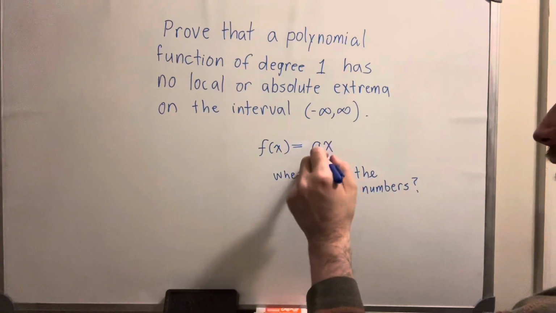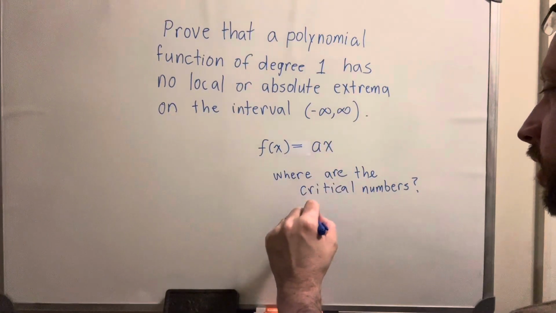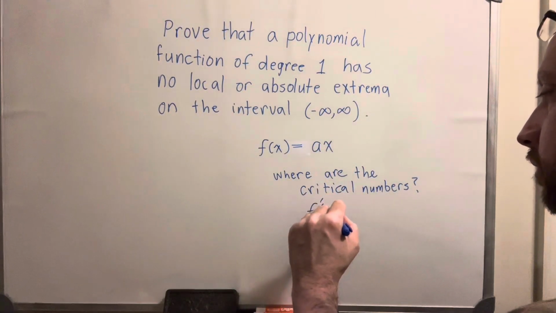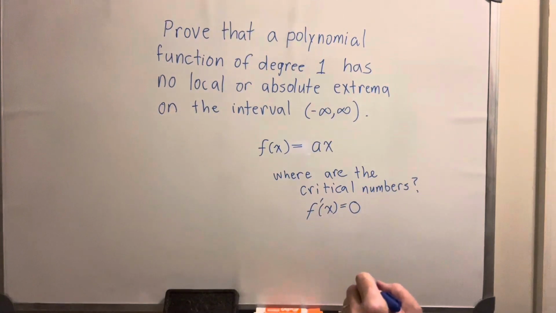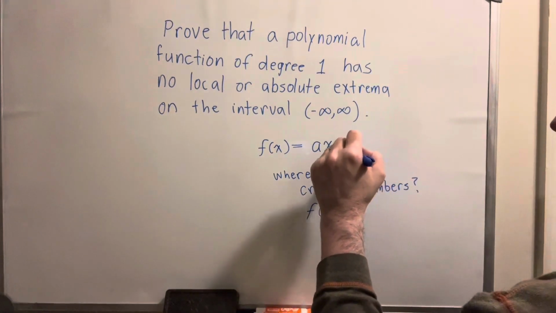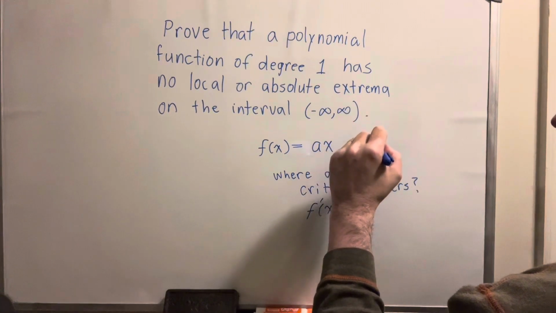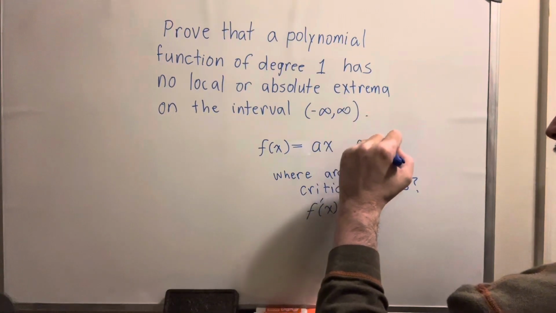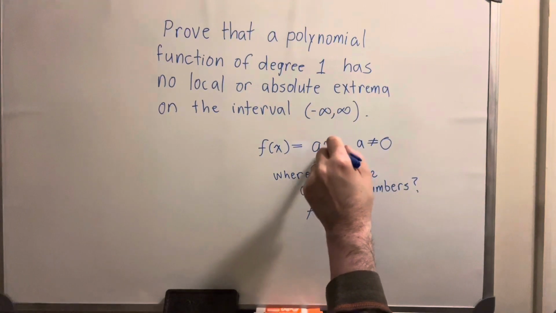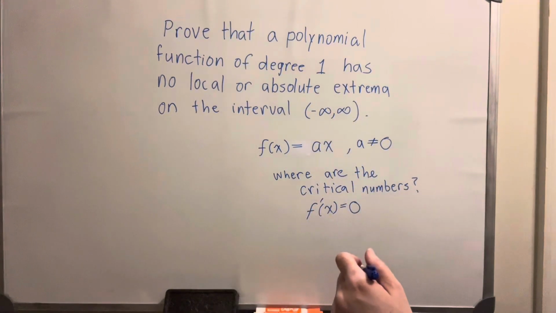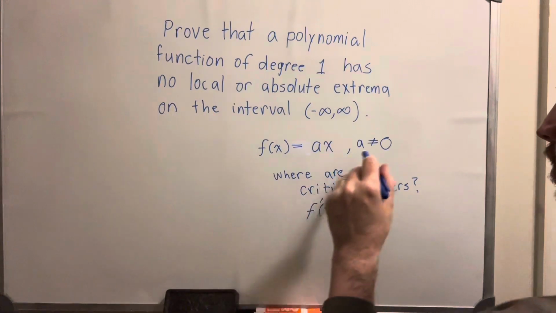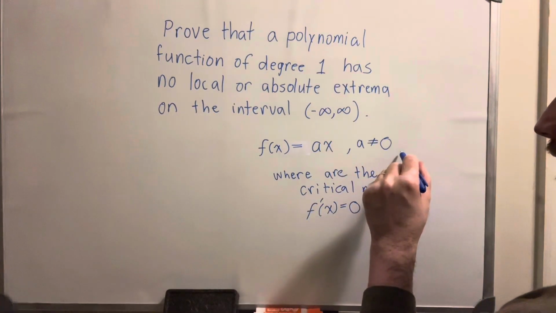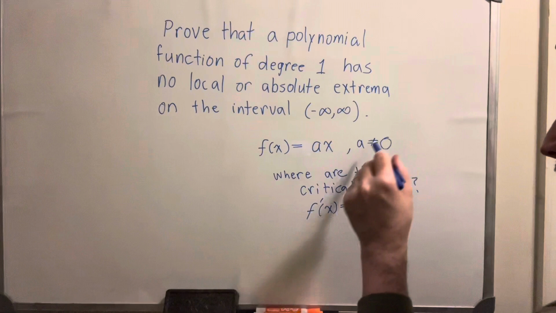So look at this function. Where are the critical numbers? Are they where the derivative equals 0? And we should have stated a is not equal to 0, because if a is 0, is this a first degree polynomial? No, it's just the 0 function. So now that we remember to establish that a is some real number not equal to 0,